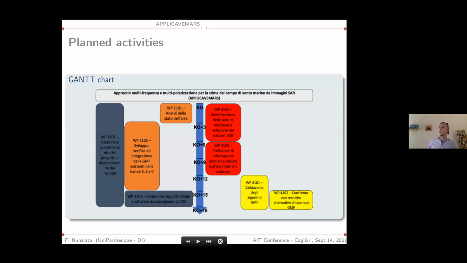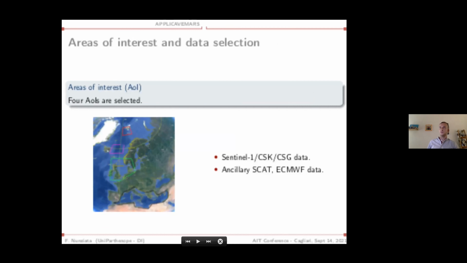So this is the Gantt chart about the planned activity. The project just started at the end of May, so basically we are in the very preliminary stage. We just selected the area of interest. We selected 4 areas of interest, and we start collecting